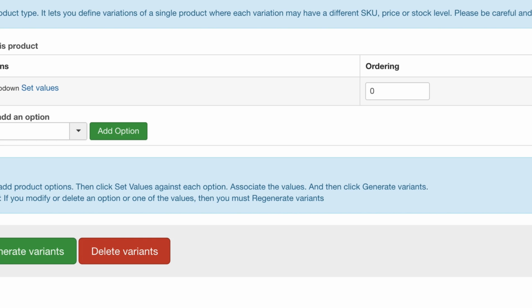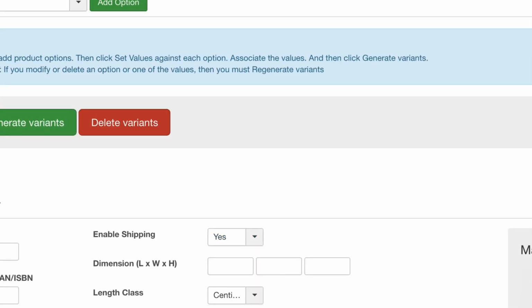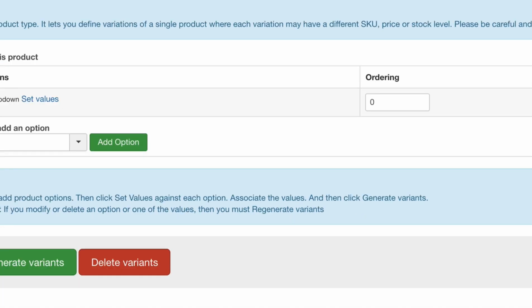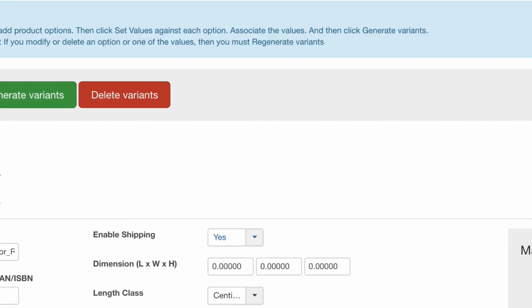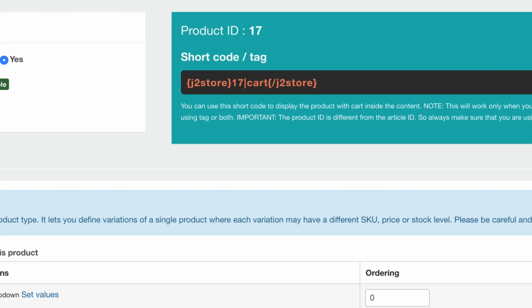So we'll click Small and we're going to say enable shipping yes, because we do want to ship this product, and the price for the small one is 90. Go up to the top left and click save. Then we scroll down the screen again to the large, and we're going to enable shipping for the large, and we're going to put the price of 100 for the large, and that's basically all we need to do. We're going to click save and close,